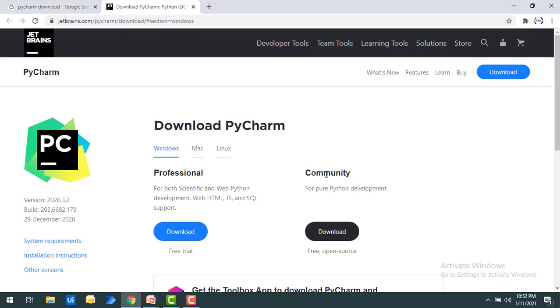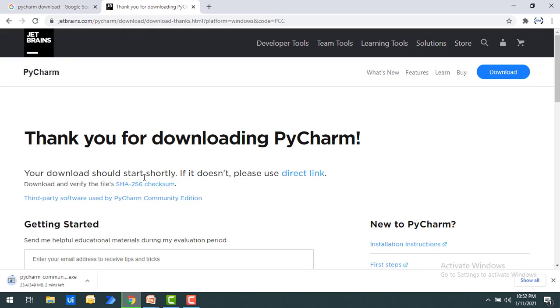Now, we are going to download PyCharm Community Edition. If you see over here, we have Windows, Mac, and Linux. Based on your OS, you select which version you are looking for, and then you can go ahead and download it. Right now, I'm going to download PyCharm Community Edition for Windows. Let's click on download. Now, it will start downloading PyCharm. It will take a little bit of time to download the software. Once the download has successfully completed, double click on the PyCharm Community Edition installer